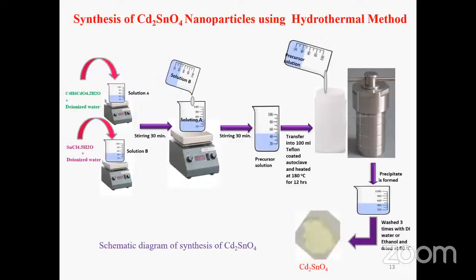visible region. And this is the schematic diagram of the synthesis, where we have used cadmium acetate and tin chloride pentahydrate as the precursors, and they were mixed in 25 ml of doubly deionized water, and then one is mixed into another dropwise and stirred on the magnetic stirrer for 30 minutes. Then the pH is adjusted by adding NaOH, and that